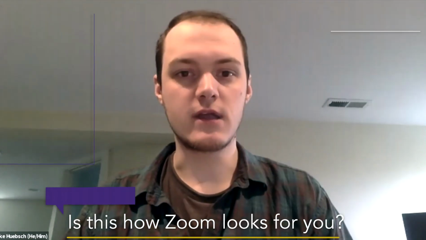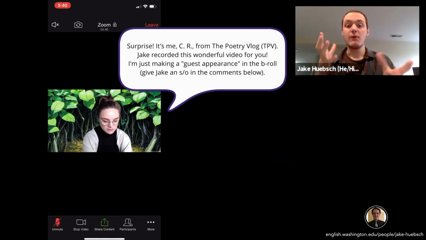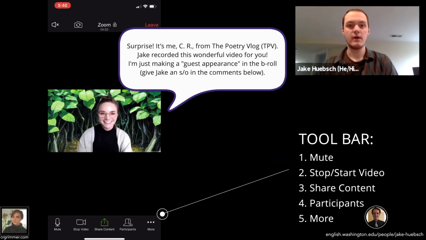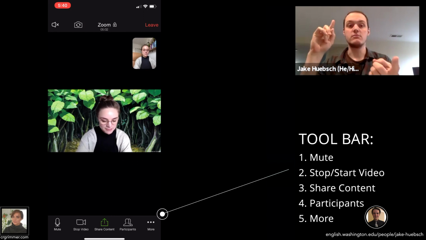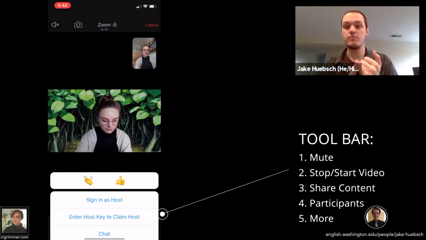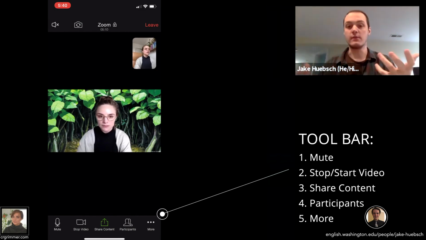So I'm going to share my screen, and I'm going to show you each of the images that I've pulled up. The first image that you can see here would be a regular Zoom meeting. If I click on my screen, I'll get a set of toolbars that show up down here at the bottom of my screen. This set of toolbars will be things along the lines of mute, share content, stop video, participants, chat, right? So the same things that we get in a regular meeting.